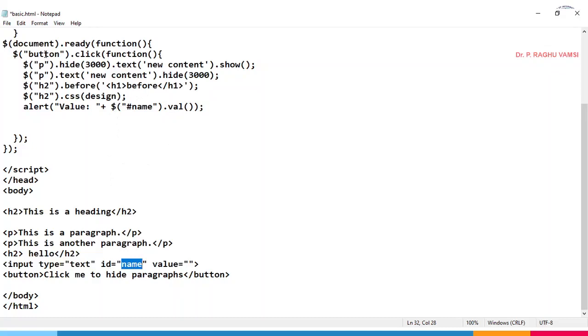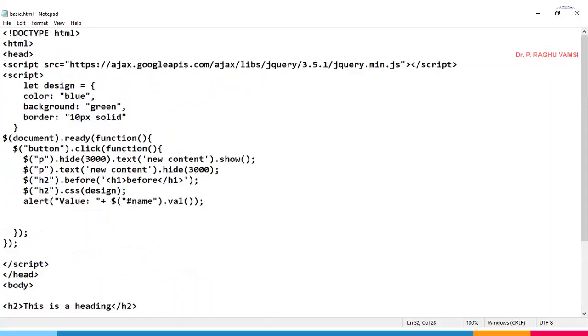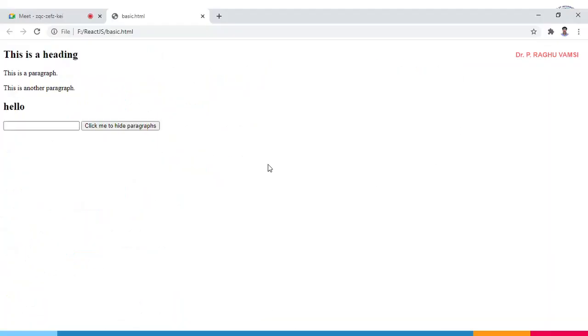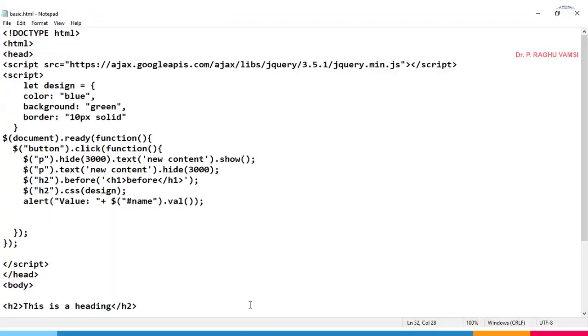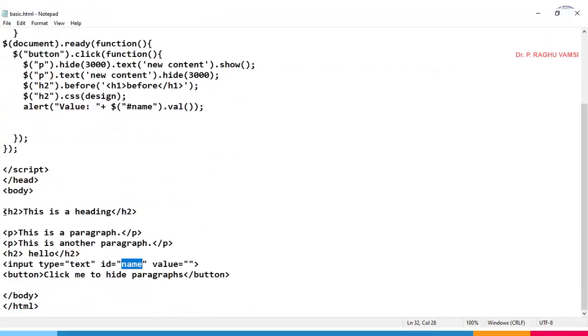This is the basic HTML page where I have written some JavaScript code. Let us run this code. Whenever we run this code, this is the heading in the heading 2 style, and this is a paragraph in the paragraph form, and this is another paragraph.